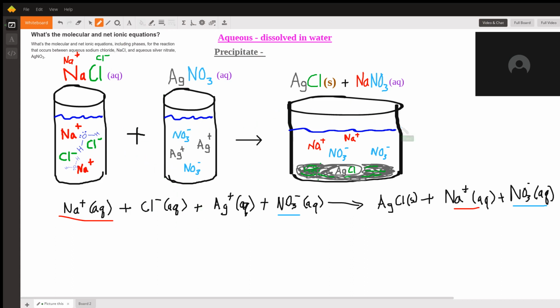They remained separated. So they are what you call spectator ions, and we need to define what a spectator ion is. Spectator ions did not participate in the reaction. So